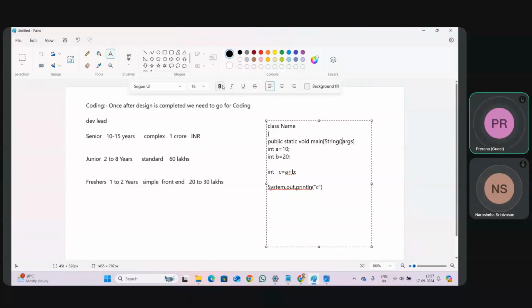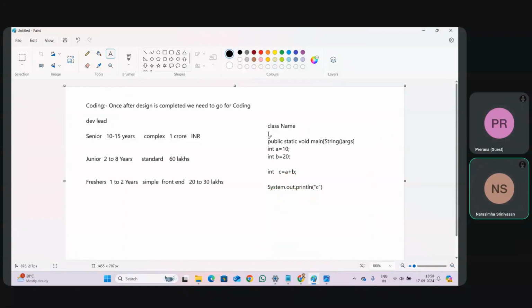There is something called JVM, Java Virtual Machine. In Java, the Java Virtual Machine is responsible for running the code. It is like starting a car, no, there should be an ignition switch. That is what JVM is. JVM will check whether there is a main method. If there is a main method, then only the code will start. If there is no main method, then writing the code is a waste. Once JVM goes and loads the main method,